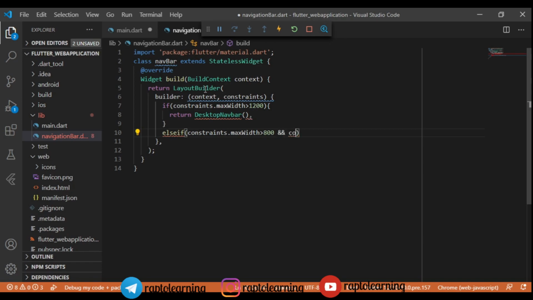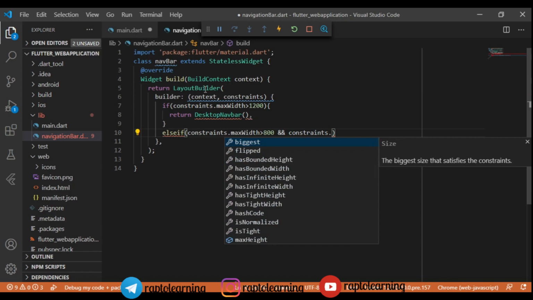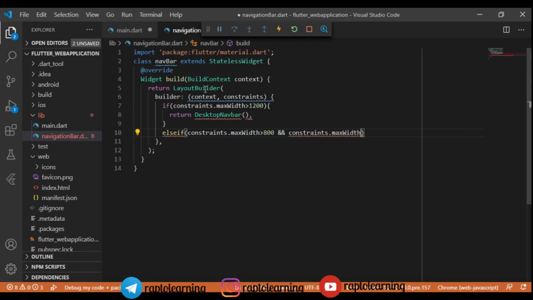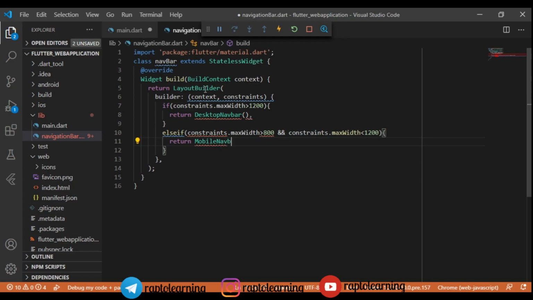So constraints dot maxWidth is greater than 800, and constraints dot maxWidth is less than 1200, because we have specified that for greater than 1200 we are definitely going to return the desktop navbar, so it makes no sense writing it again here. So if this is the case, then we have to return the desktop navbar only, not the mobile navbar.